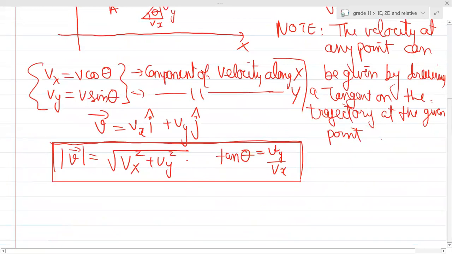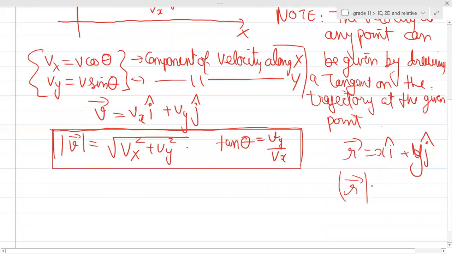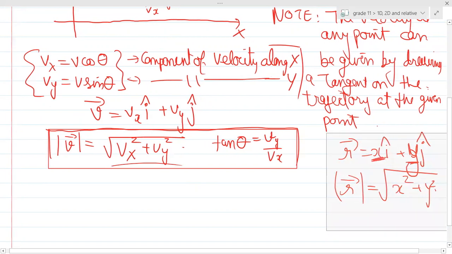Okay. Have everyone completed till here? Can you once again explain how you got this equation? See, when you form any vector, how do you give the magnitude of any vector? You remember r vector was equal to x i cap plus y j cap, right? So you wrote the magnitude of r vector as the square root of the sum of squares of the coefficients, like under root of x square plus y square. The same way for the velocity vector.